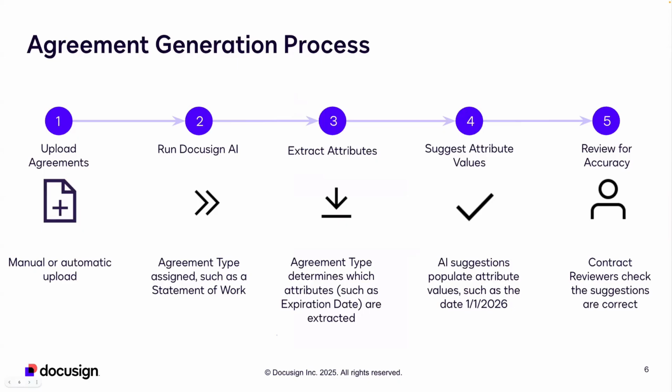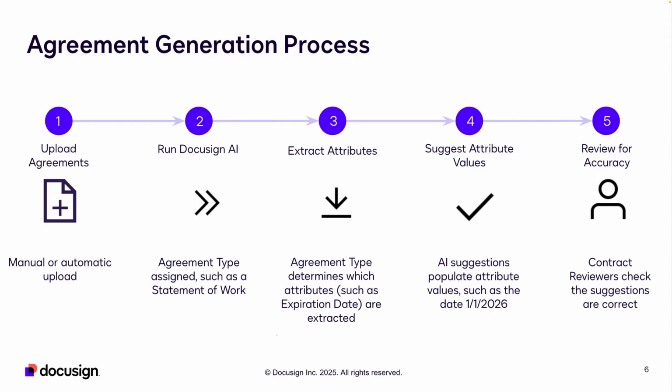When a document enters Navigator, AI will begin processing the agreement. AI will first determine the agreement type for the agreement. For example, is it a services agreement, a non-disclosure agreement, or maybe an order entry form? There are standard agreement types that are created out of the box, and you can also create your own custom agreement types. Now, the agreement type is important because it will inform the AI as to which keywords, dates, or phrases are likely to be found in the agreement.